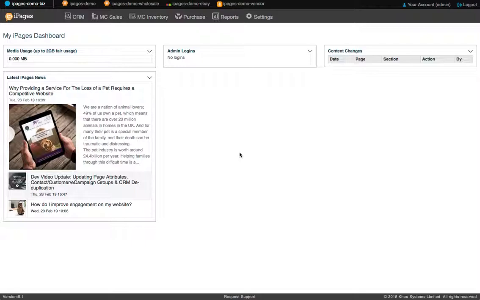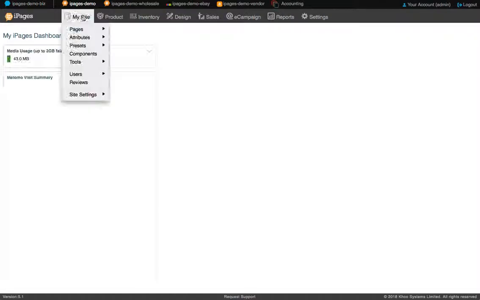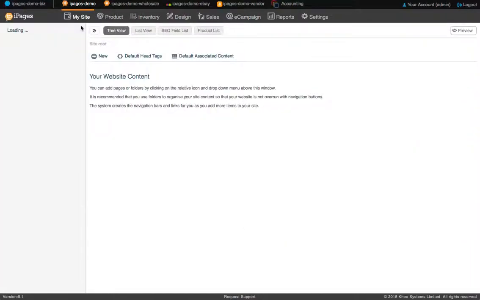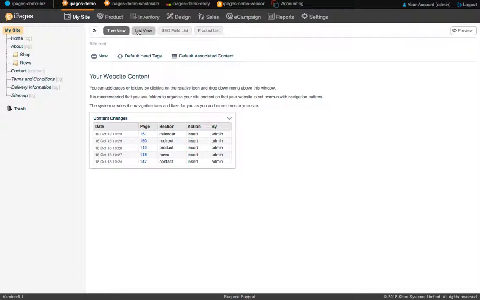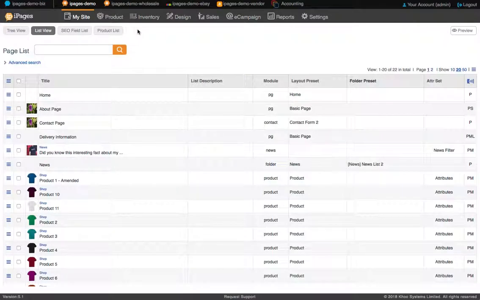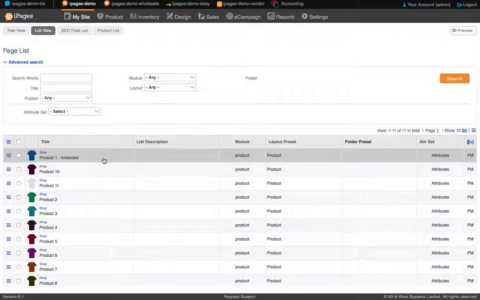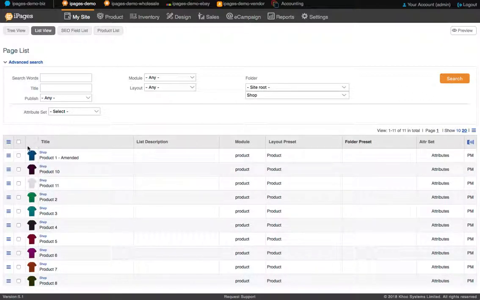So firstly, page attributes. If you are a customer who uses attributes under your site, you will have set up your attribute fields here. When you want to edit these en masse, you are able to do this on the product list, but we've now put new features into the page list view. So if you drill down to a page, for example, we want to change everything in our shop,